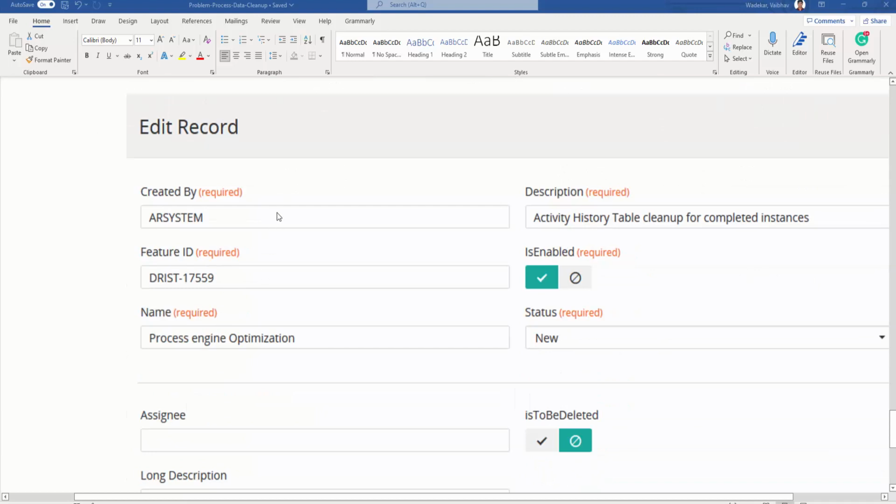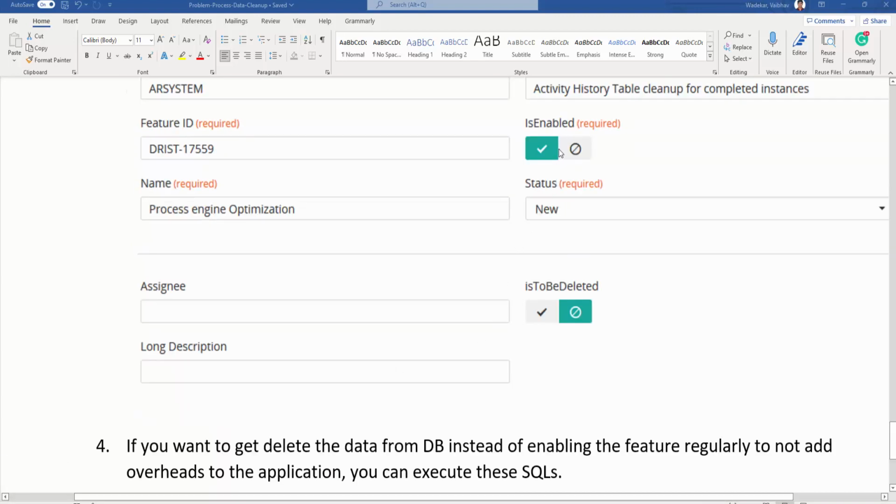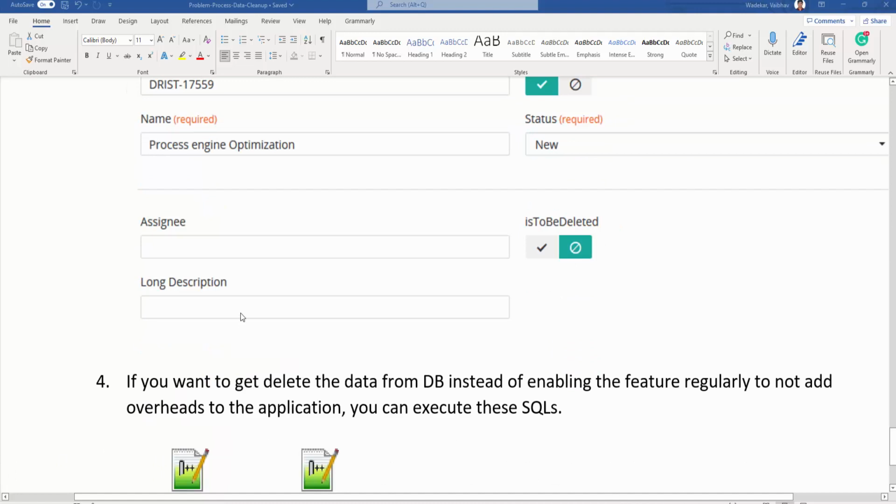All you have to do is, when you access the Innovation Suite, check these two boxes: is enabled, and is to be deleted. So you have to set up these two flags. Besides all of that, I know that there are a lot of processes, and by doing so, it will add